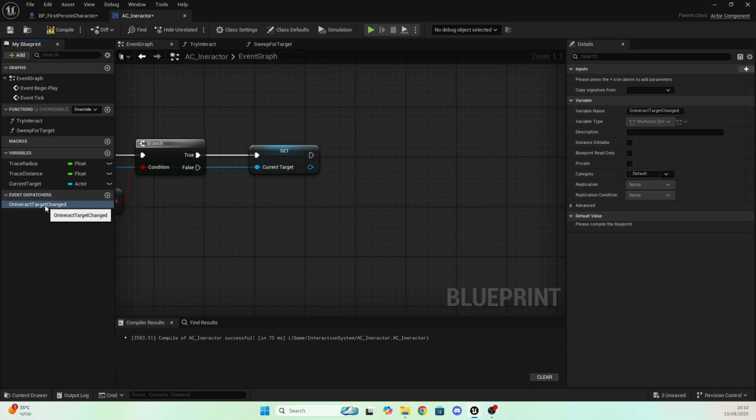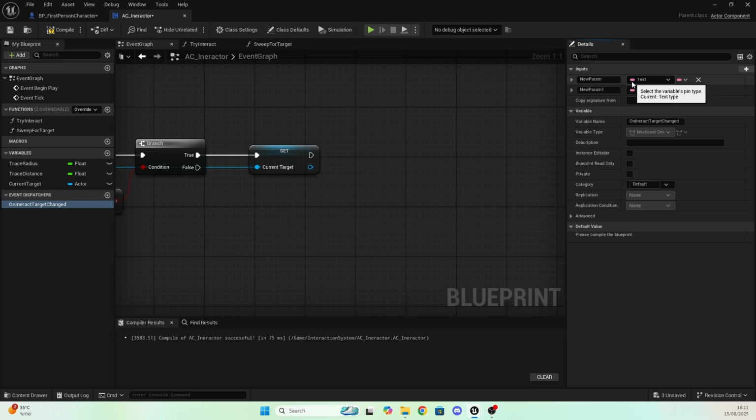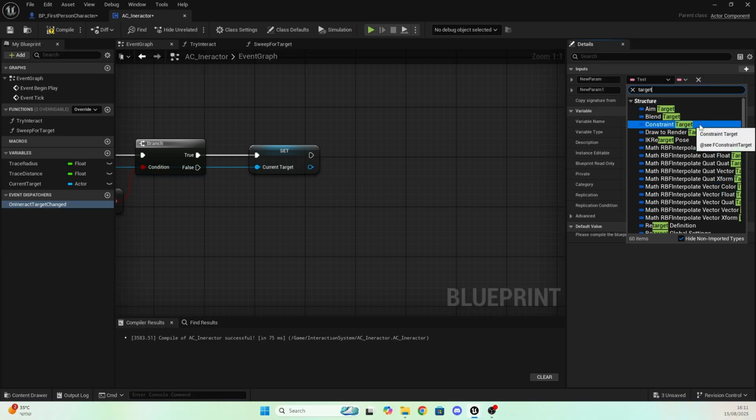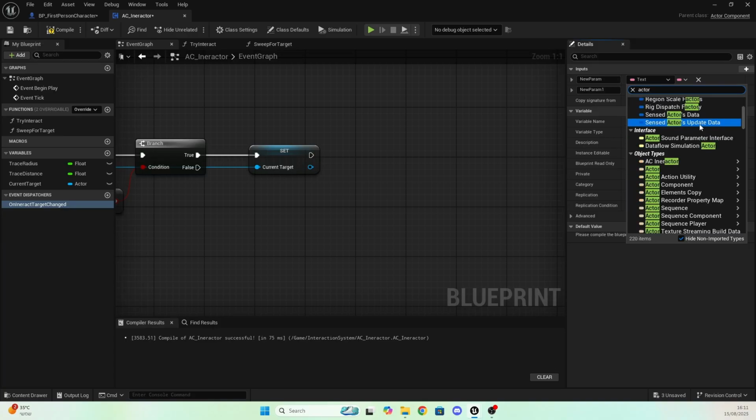This function we will be able to call from our character, and this will be for changing the UI and stuff like this. So I'm going to click on new parameter, and this function has two parameters. The first one is the target, which is going to be an actor